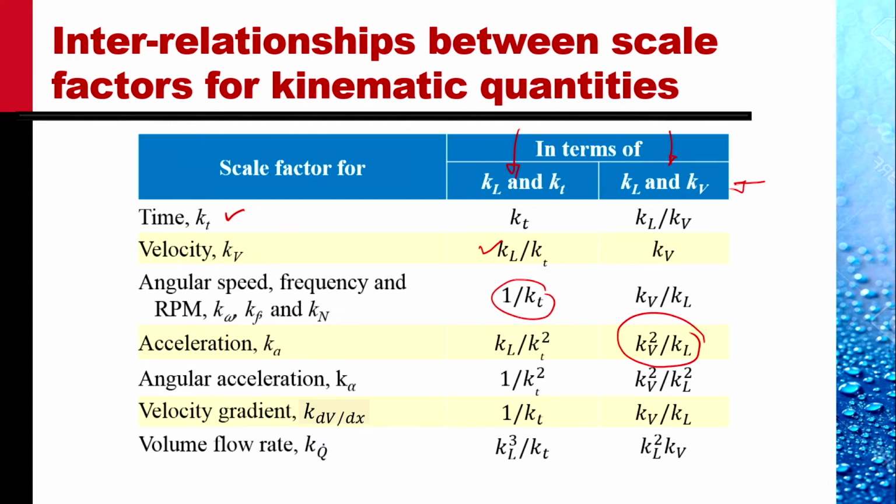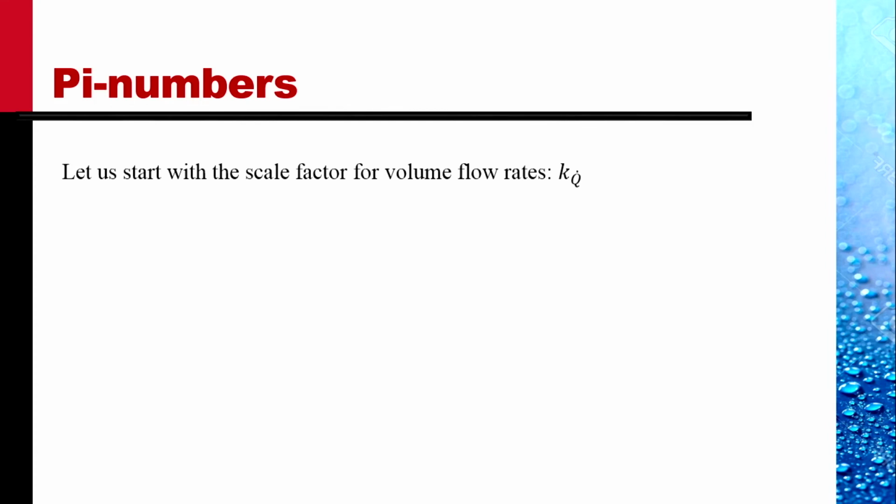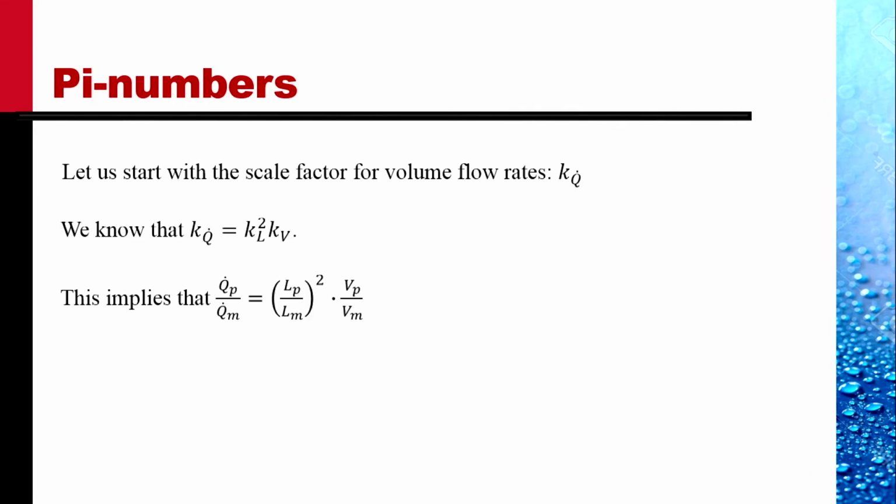Pi numbers. Given one example for the velocity, let's give one more example. Let's obtain a pi number involving the volume flow rate, Q dot, the volume that passes through in 1 second, in 1 unit time. So for the scale factor Kq dot, we just obtained in the last table that Kq dot can be written in terms of Kl and Kv as Kl square times Kv. The other formulation was Kl cubed divided by Kt. But Kq dot is equal to Kl square Kv, which implies